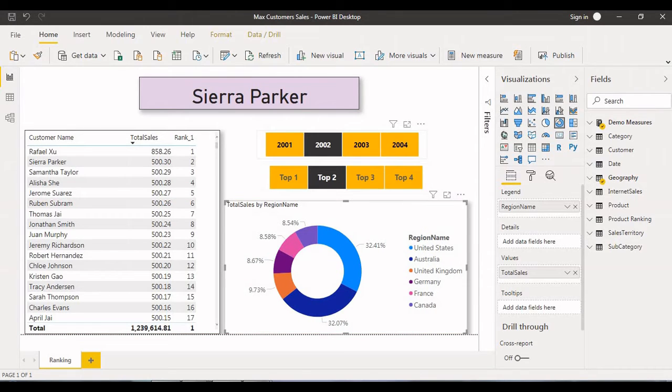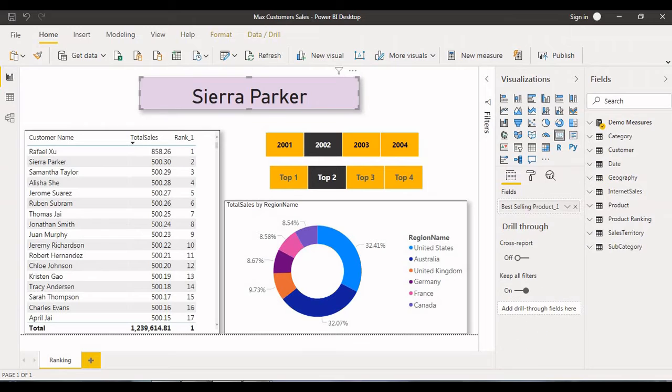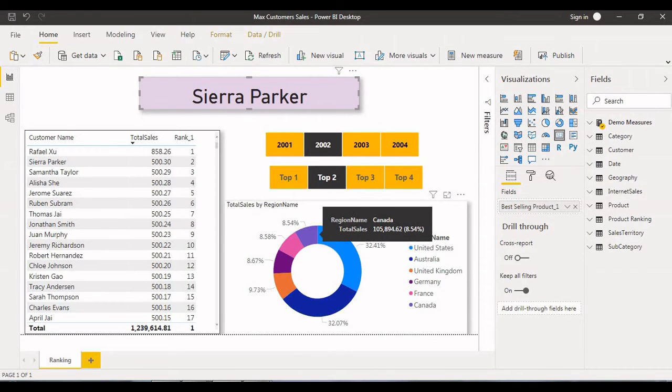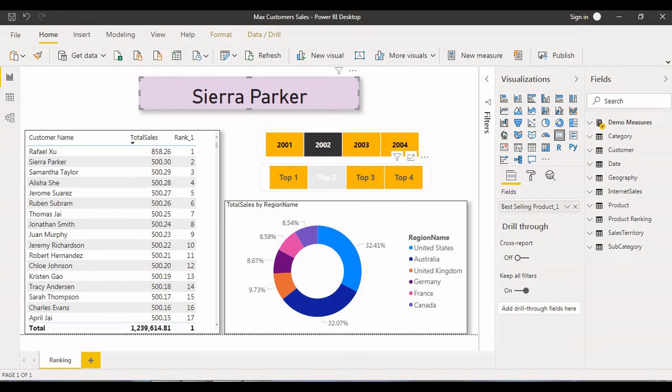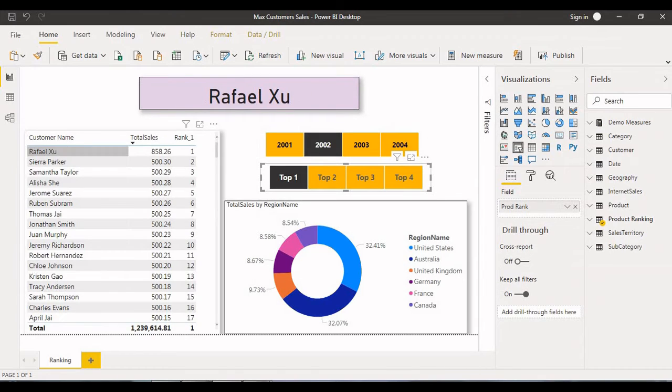Here we have two slicers: one is year, and the other is top, I mean 1, 2, 3, 4 something like that. This is the card visual. Our requirement is to find the topmost customer year wise. For example, if I want to find the top one customer in 2002, what is that? This is the topmost customer.